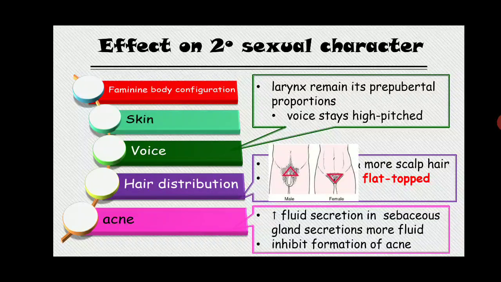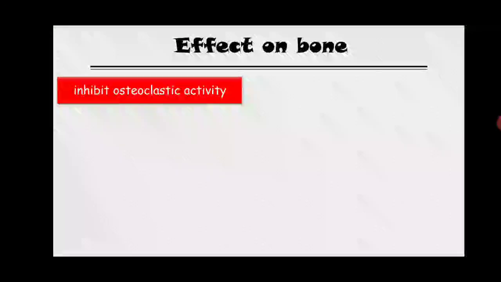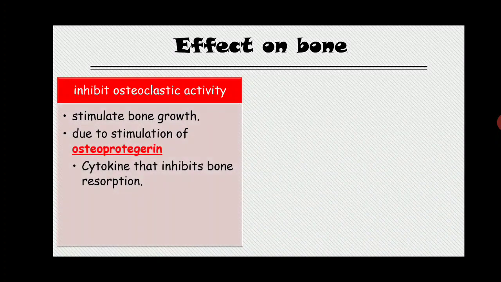Alright. Now let's discuss the effect of estrogen on the bone. So this is a very important one. As far as the effect of estrogen on the bone is concerned, it will inhibit the osteoclastic activity. Now what osteoclasts do, we already discussed in the calcium metabolism. Osteoclasts are basically the bone resorptive cells. So by inhibiting bone resorption, it basically stimulates bone growth, and this inhibition of the osteoclasts is basically